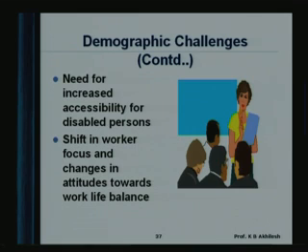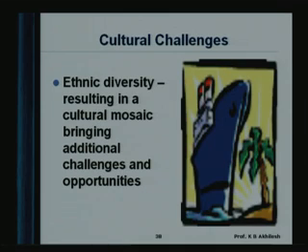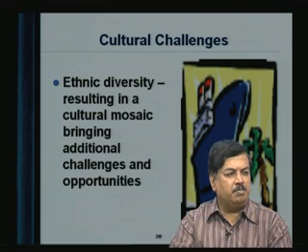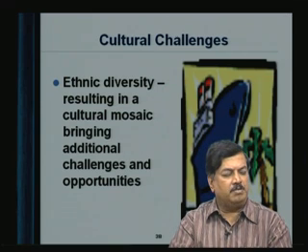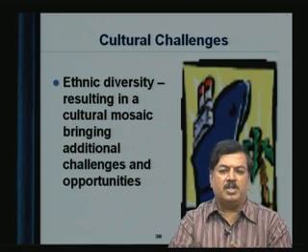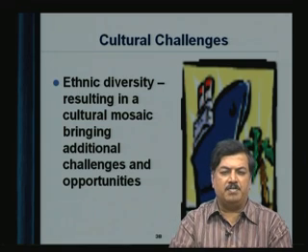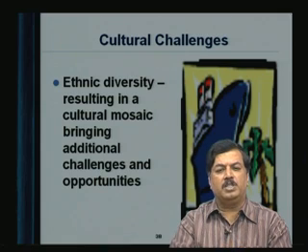So we have to see how we address the need for increased accessibility for disabled persons, people with handicaps, and also the shift in worker focus and changes in attitudes towards work-life balance. Some people think that there is a kind of burnout. Similarly, there are cultural challenges when you have ethnic diversity, where people see their own work issues and talk about their culture against others. So one needs to see the differences, the complementarity, and how this can be leveraged